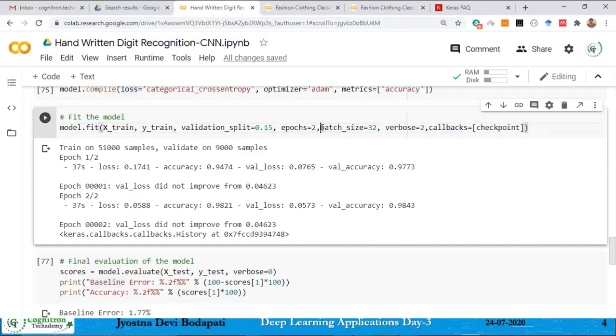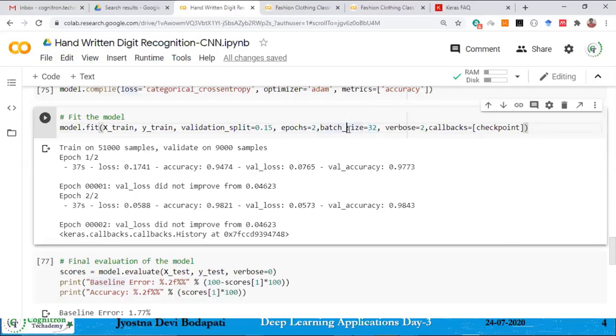In this case, out of my 60,000 examples, the first 32 examples, because my batch size is 32, will be shown to my model. Then after seeing the 32 examples, you measure the loss and update the parameters, that is the weights, accordingly.